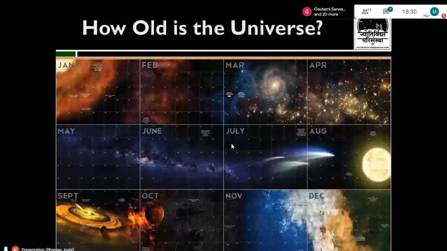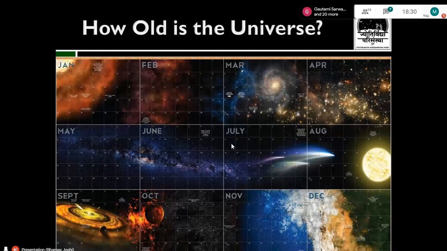So then how old is the universe? And this is the last point, by the way. You must know that our calendar shows 1 year and there are 12 months in that calendar. Our calendar has months which last for a duration of 30 to 31 days roughly, and each day stands for 24 hours. But our universe is 13.87 billion years old. Now, you might say that this is just a number, and it is really difficult to contemplate. But let's try to put it in perspective.